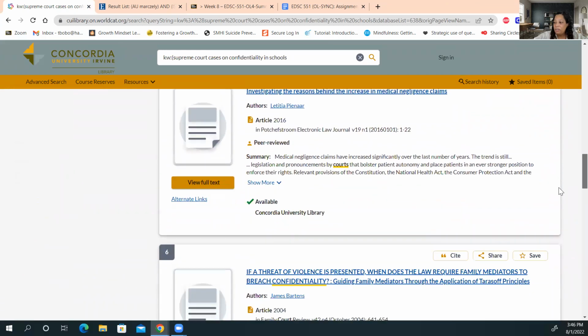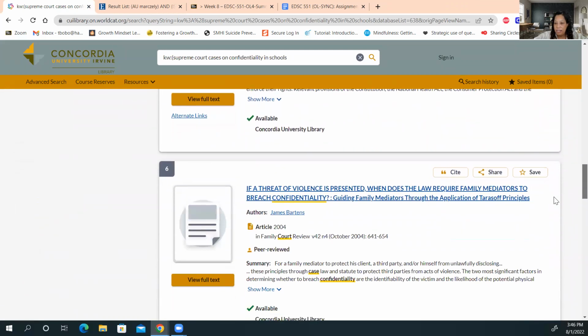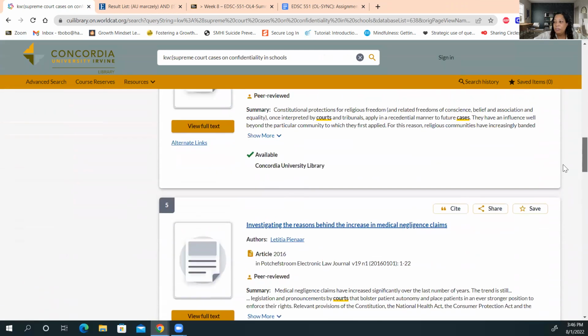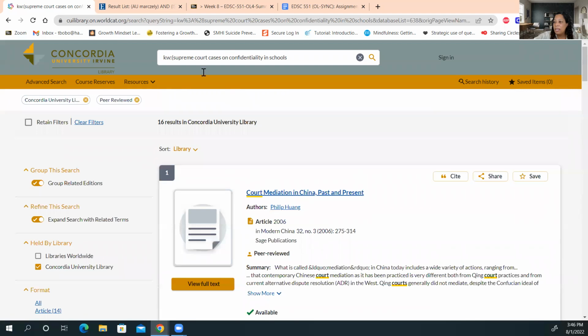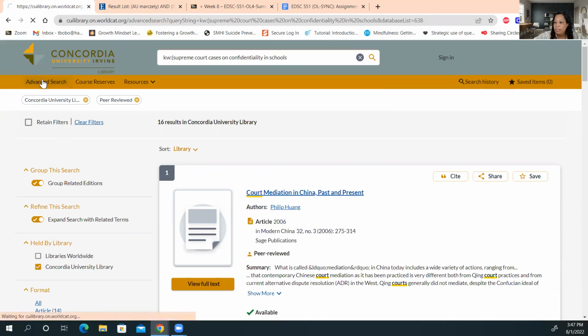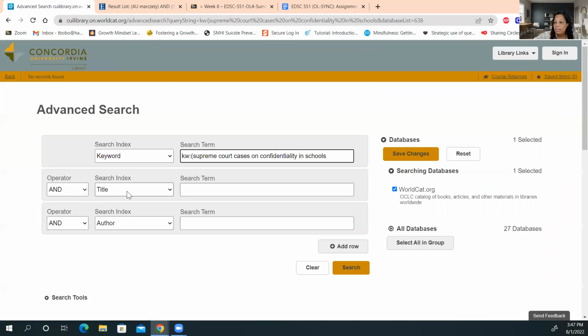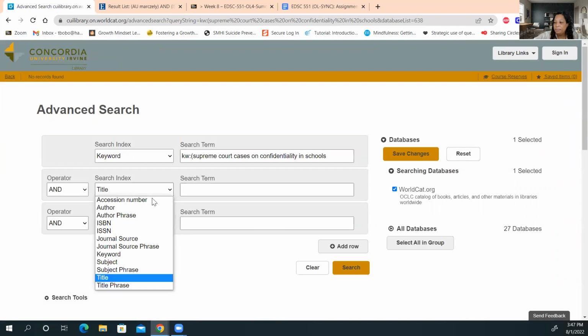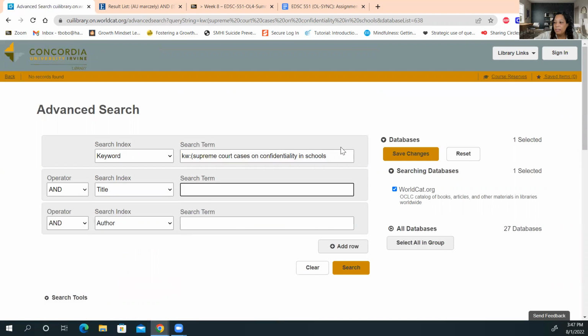Now, not all of these are about confidentiality. So basically, I put school in schools. I could say, go ahead and go to the advanced search, and I could say confidentiality.